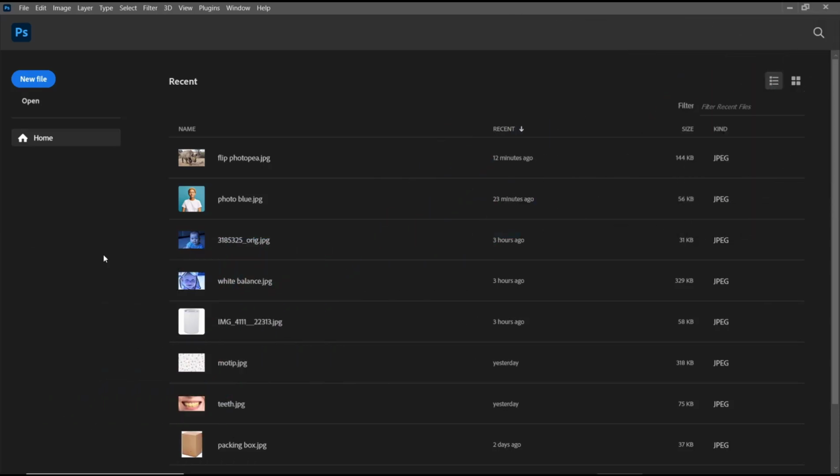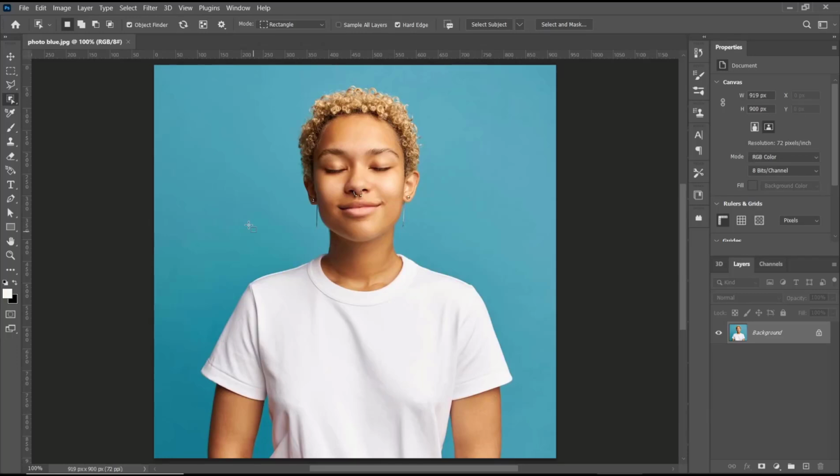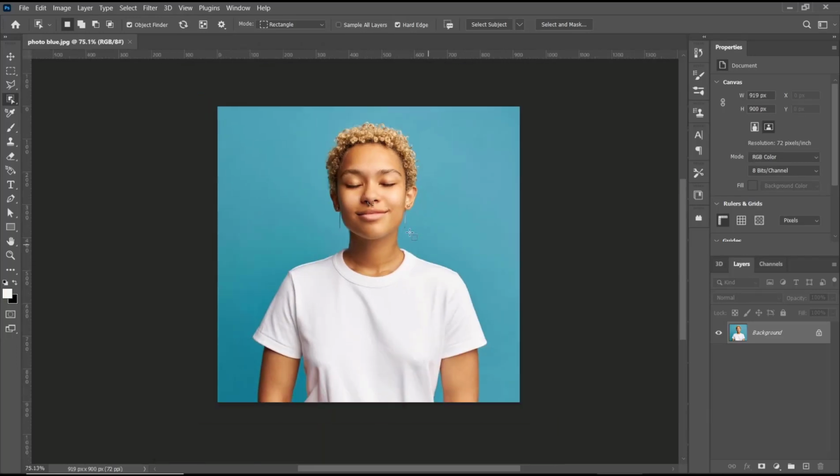Hello everyone, today we are going to learn basic Photoshop tutorials: how to make a cartoon effect. Okay, for example, I will open this photo, and if you want to create a cartoon effect, you can go to